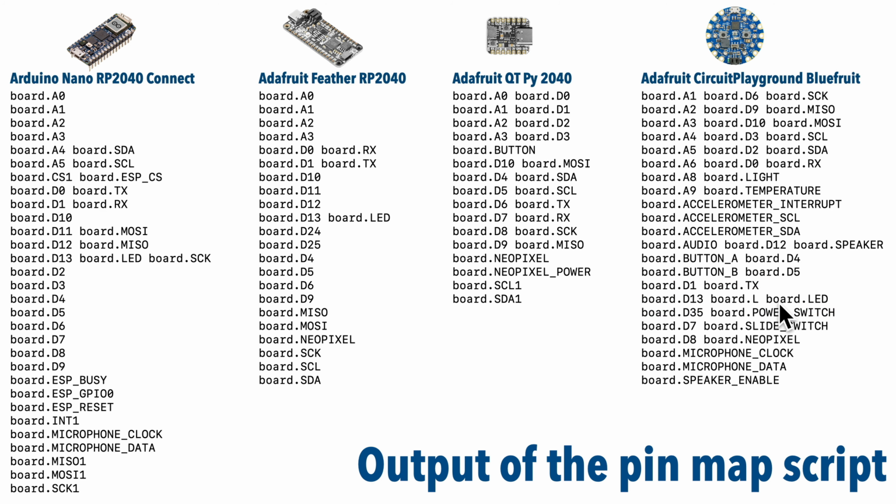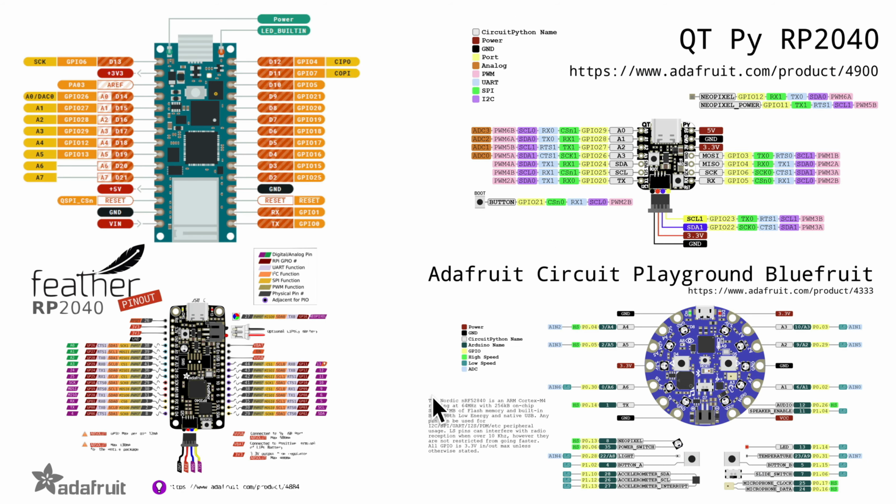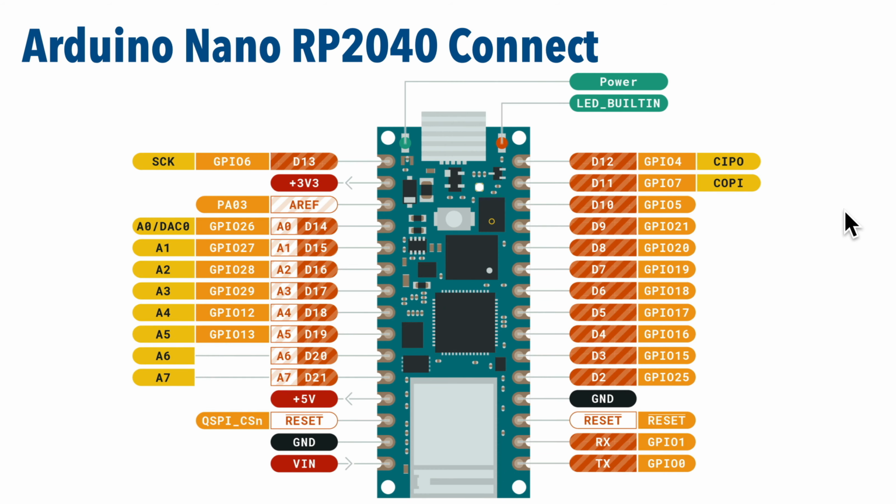Now, since we started looking at the pinout diagrams, let's keep looking. And again, you can pull up the pinout diagram for your board. Just search for it online. Sometimes an image search will take you right to the image you want. I'm going to continue to look at the Arduino Nano RP2040 Connect as my reference, and first let's look at